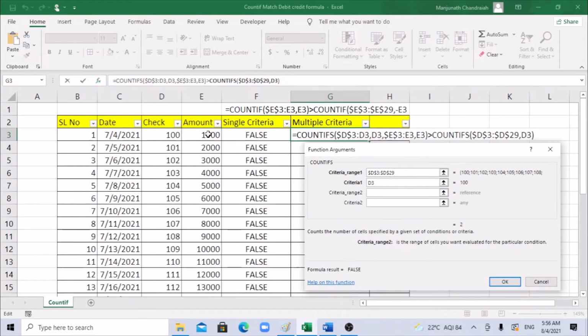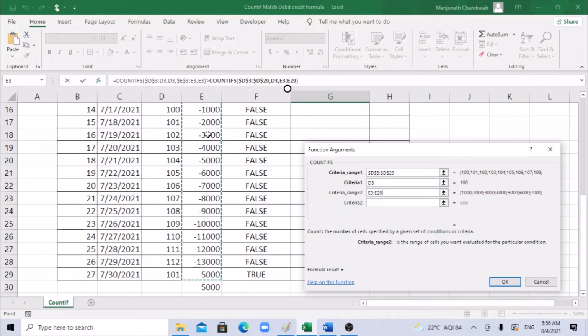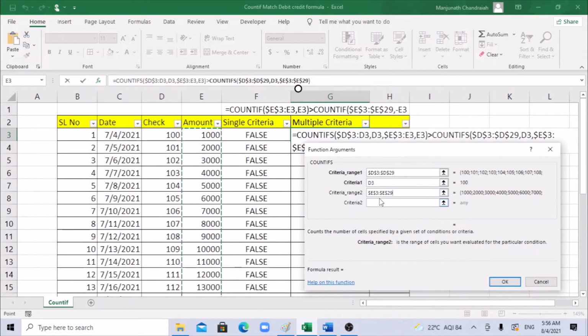For criteria 2, I'm looking for the amount. Select the entire amount column till here, freeze it using the F4 function, and select the same amount cell. You can see I select the same range, the particular cell D3, then the amount column entire range, and E3. While closing this, you use a negative sign.